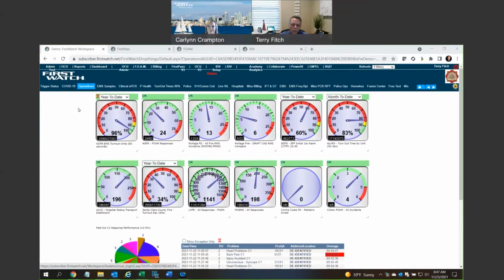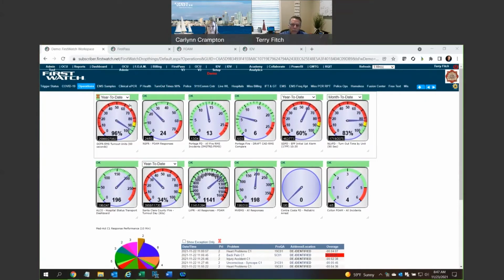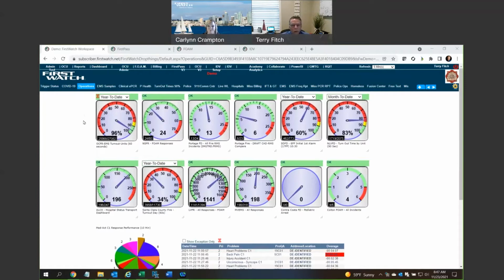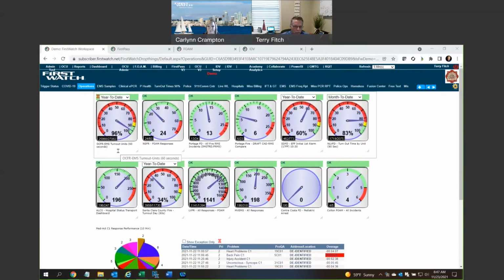But in the operations one, for example, this gauge is a trigger. What we're looking at is a customer out in Orlando, Florida, where they're looking at their EMS turnout times out of the station in 60 seconds or less. Now these numbers are real. It's hard to believe that they can get out of that station in 60 seconds, 96% of the time, but